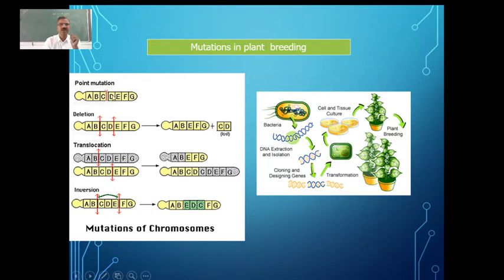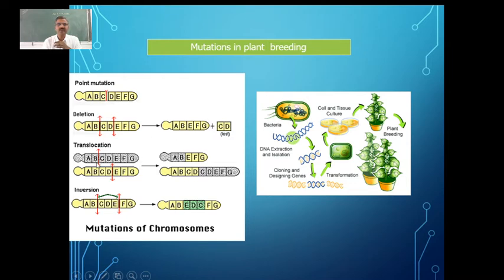And what we do is, we are going to delete this C and D. What will be the sequence when we delete this? A, B, E, F, G. The C, D is lost. Deletion means you are removing it. This can be done by using some chemicals. Those chemicals are called mutagens. So this is what we call mutation. Here mutation has happened, and you can see the difference between the original and the new sequence of the nucleotides.